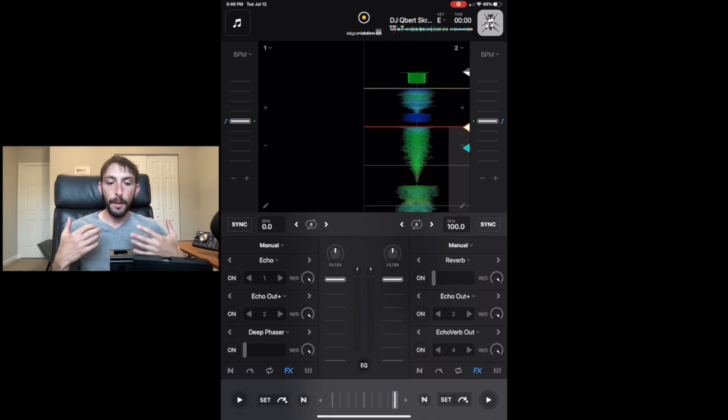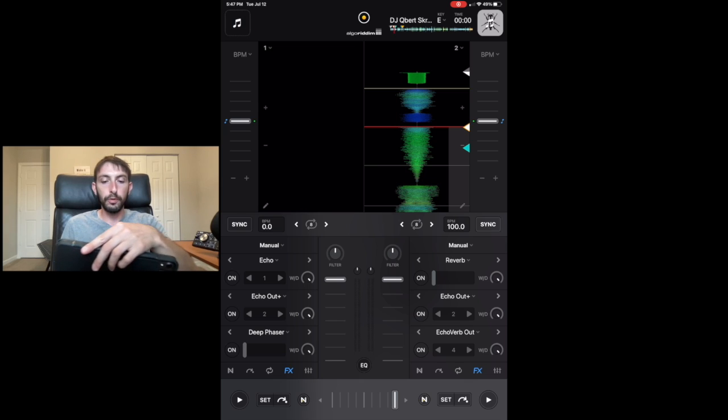So if you're a pro mode user, you might want to keep it in portrait mode if that's what you prefer, as long as you don't want to be able to see the looper and the sampler. So you have effects and you have access to everything except jog wheels. So let's go back to portrait mode,